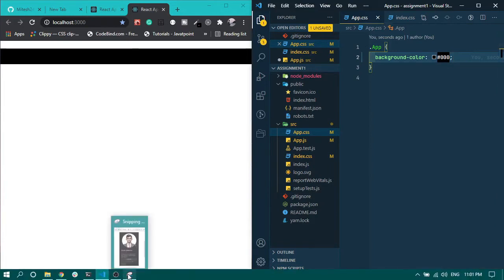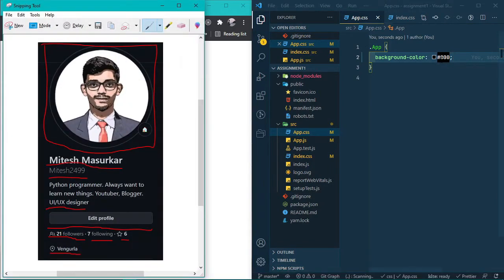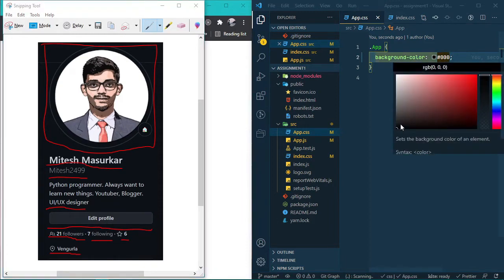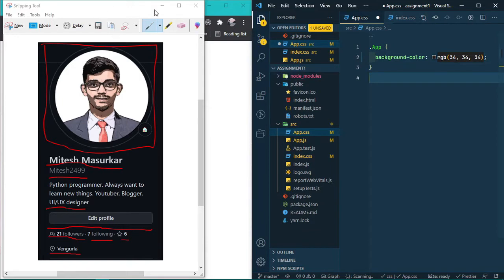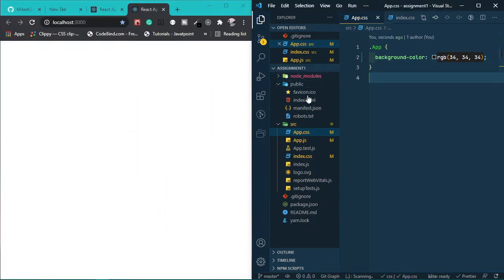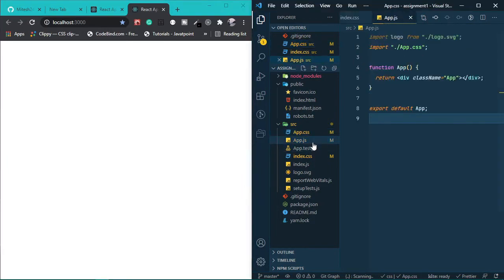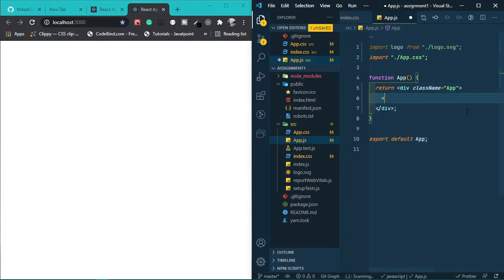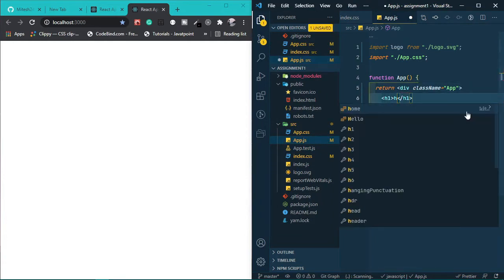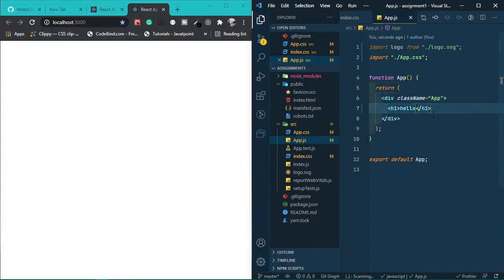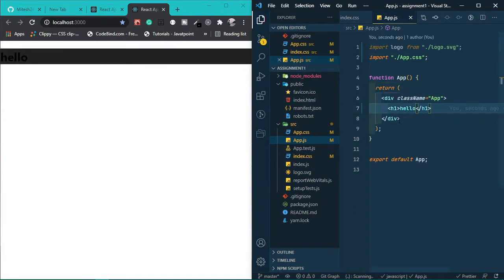But as you can see, this is not actually black, this is kind of grayish. So just change this color to this color. These are random colors. You can choose as well. So I will add here h1 is equal to hello. So now